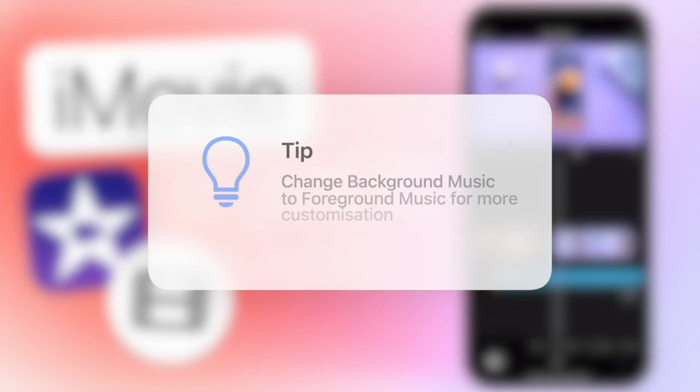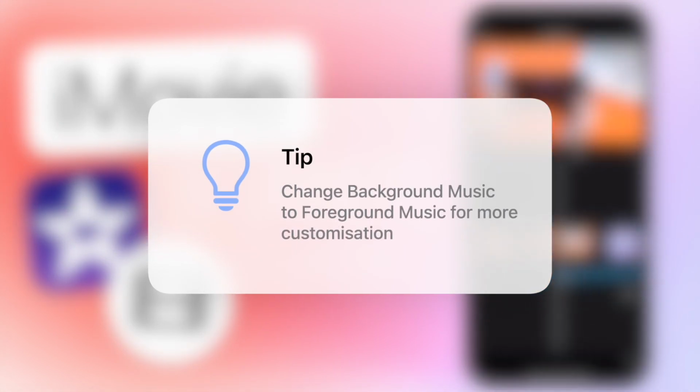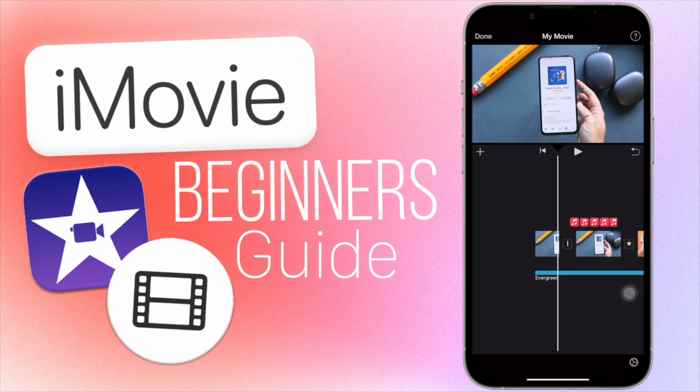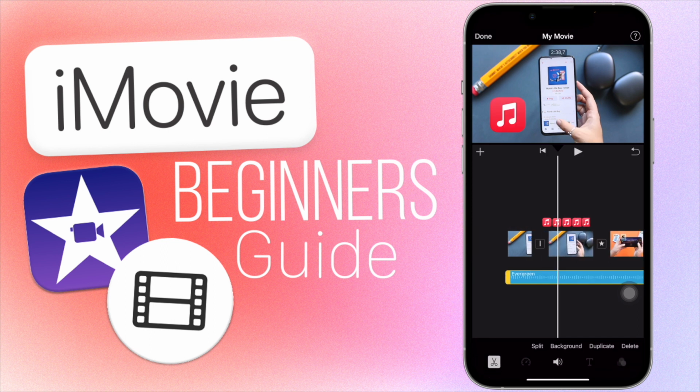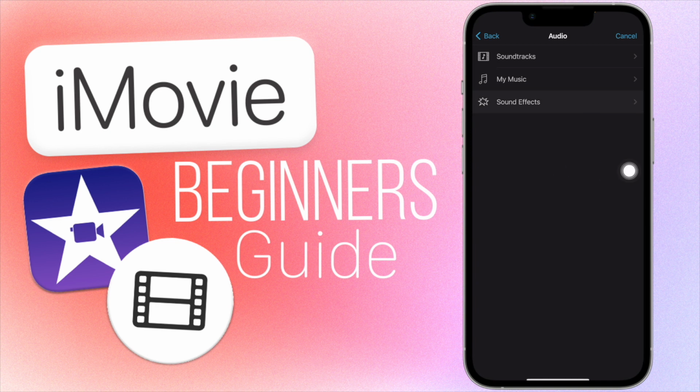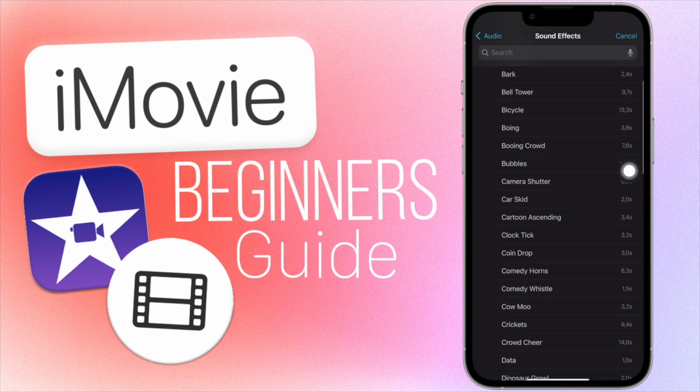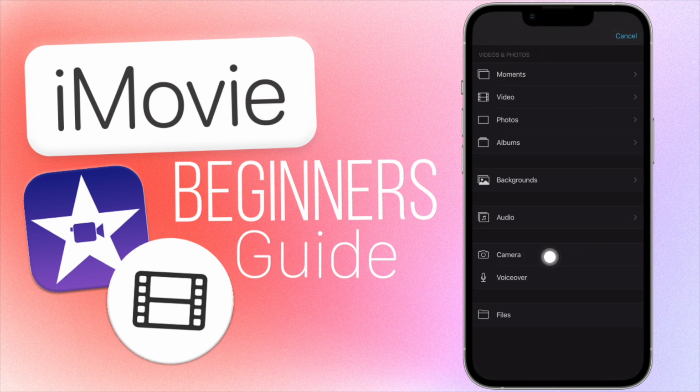So that is my biggest tip for music in iMovie. Change it from background to foreground if it's something that you feel is necessary, because then you can move it around more and edit it more. They also have a bunch of sound effects that you can use in your videos, so that's also very cool. Then we have camera, so it allows you to just take a photo or take a video